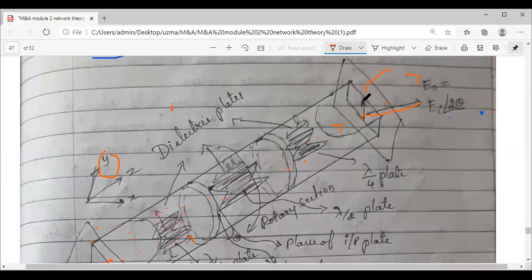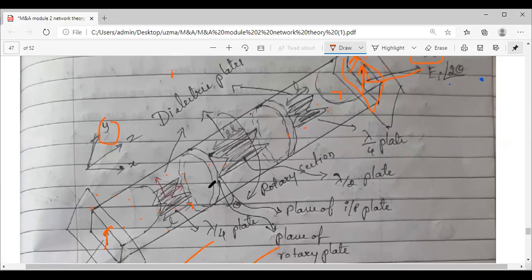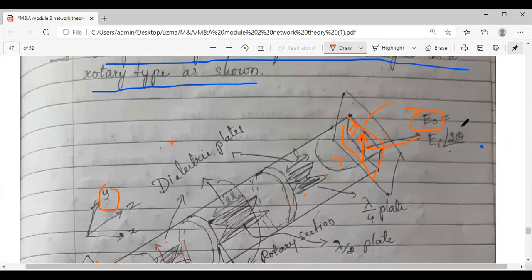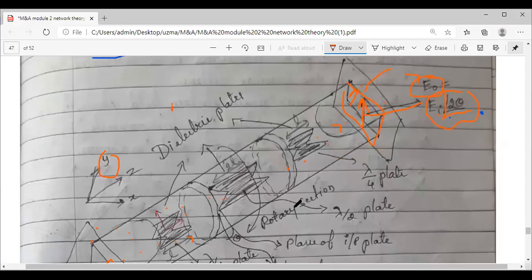And coming out, you can see again it is vertical only, even though I have drawn the structure slant, but if you see this mouth, it is perpendicular. So for this mouth it is vertical. This is your output, the wave which comes out at the second port. Output port is E naught. If EI is your incident wave, at the output port you will get the wave EI whose phase is 2 theta. So now let us see what is theta.